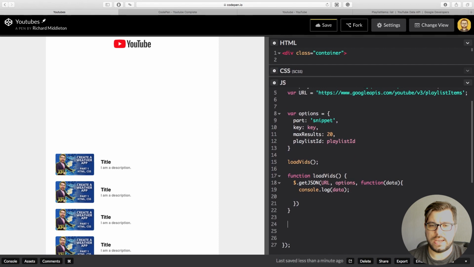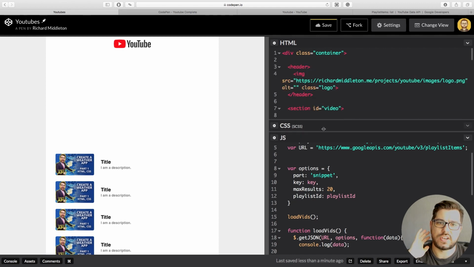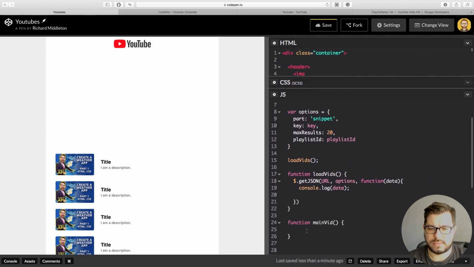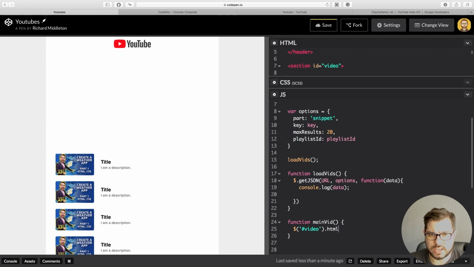Well, we need it to be a new function, right? So we're going to call this, I guess, function main vid. And this main vid function is basically going to find the container for that, which is section with an ID of vid. So it's going to find that, and then it's going to inject something into it. So let's say, hey jQuery, $, find something called video. I think that's called hashtag video. So find something called hash video. And what I want you to do is, I want you to change the HTML that's within those tags to something